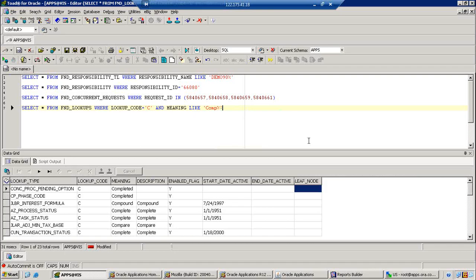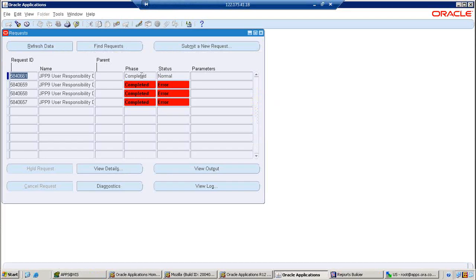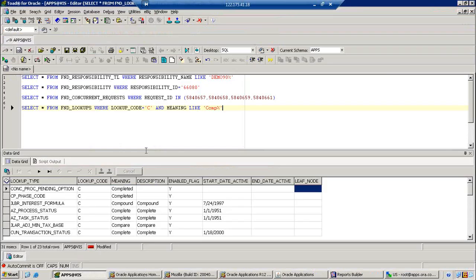Then here again 23 records are coming. Observe this one. This is the completed, right? Again we are getting 23 records, and again we can go for